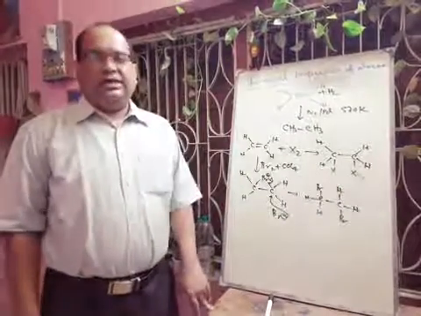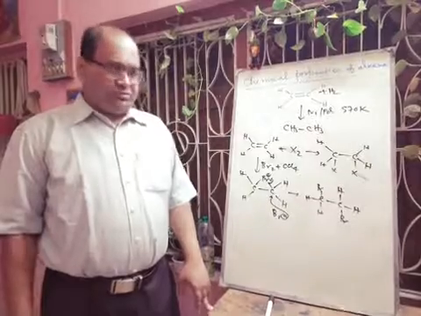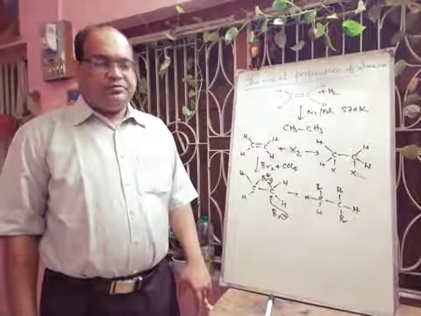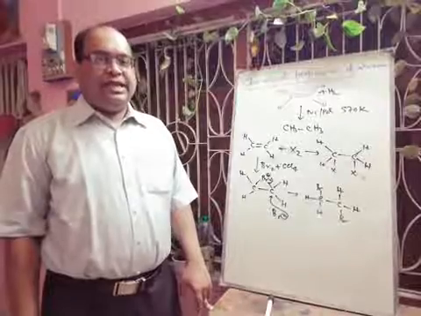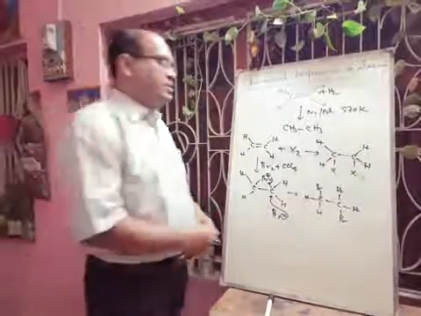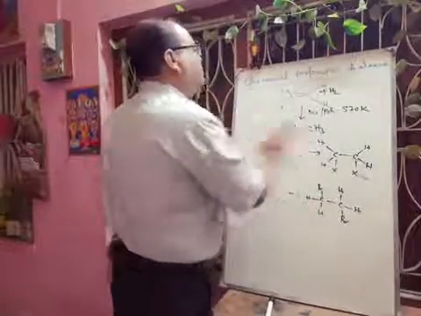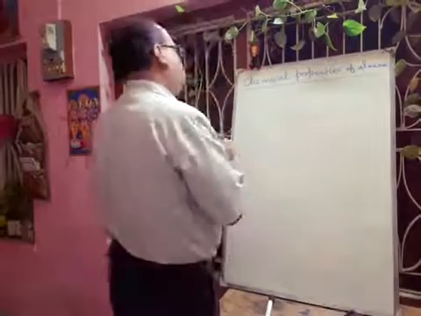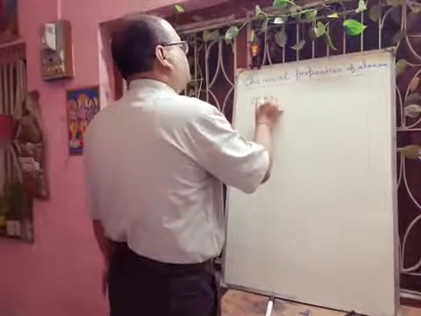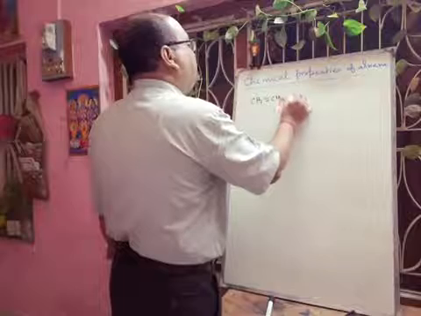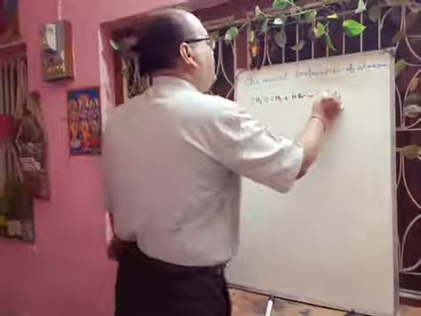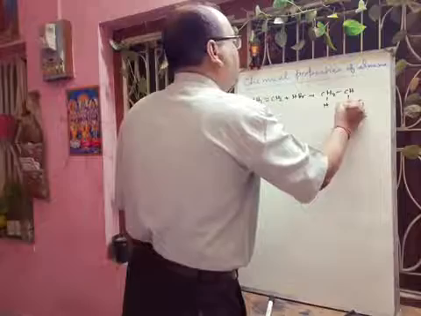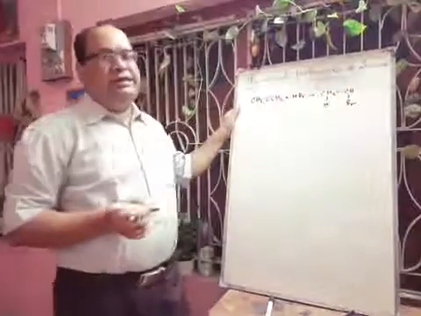Next we will discuss the addition of halogen acid. Halogen acid means HBr, HCl. Okay. Suppose if we take ethylene molecule, if we add HBr, definitely one side there will be addition of hydrogen, in another side there will be addition of Br. So this is for the symmetrical alkene.